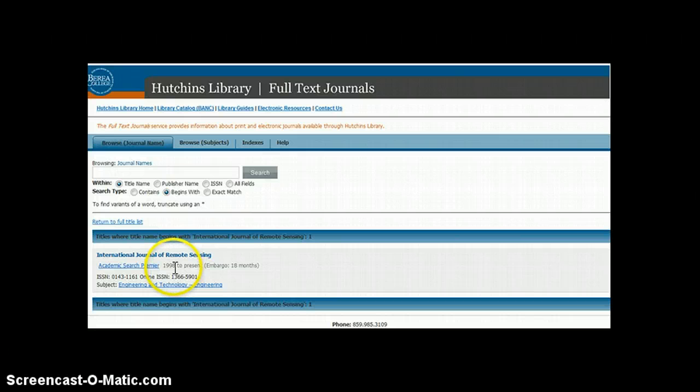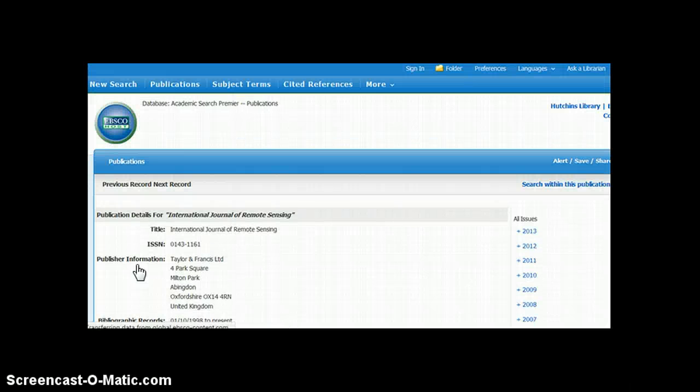Here it says we have it from 1998 to the present, with the exception of the last 18 months. That's what this phrase embargo means. It means that electronic access to those articles in this journal is not available for the last 18 months. So now I can click on the link to Academic Search Premier, and I'll be taken in to begin a search for our article. And one of the awesome things about full text journals is that it will already begin searching within the journal title for me. I can hit the search within this publication link,